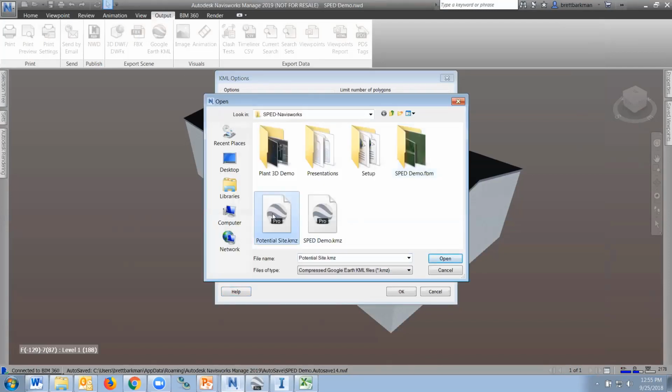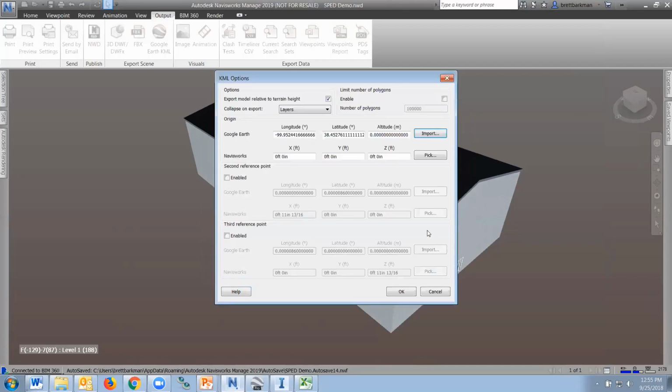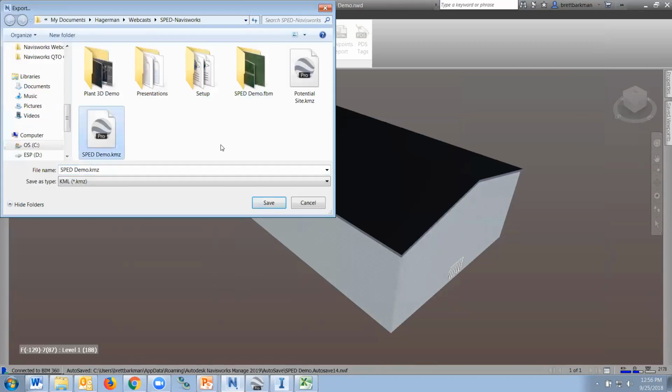So there it is. And that will capture that latitude and longitude. I did all that because I hate typing and there's too many digits there. And that's the way it is with latitude and longitude. So that's a quick way to get it if you didn't want to copy and paste those or type them in. So we'll import the KMZ file into Navisworks, and then we'll turn around and hit OK and export your